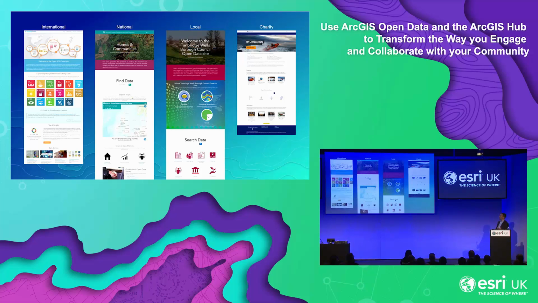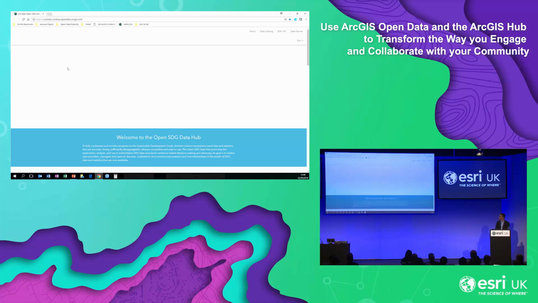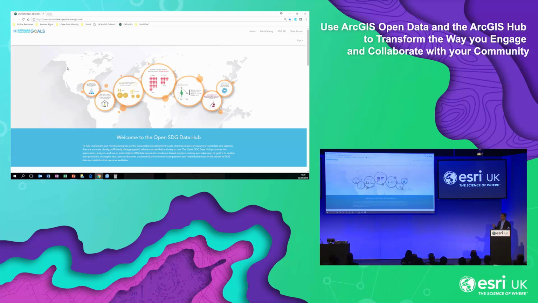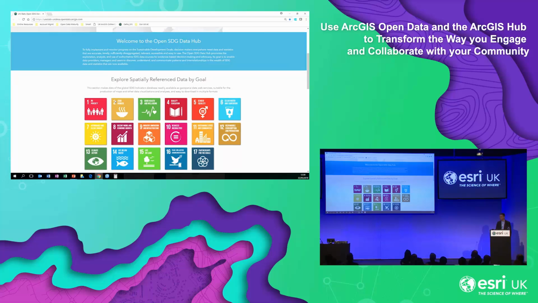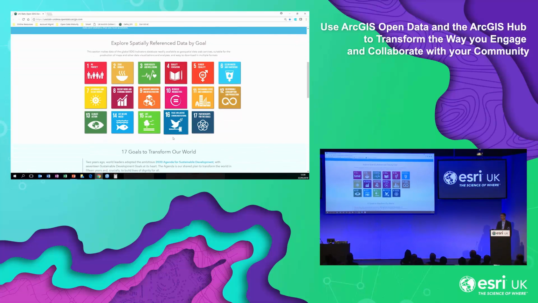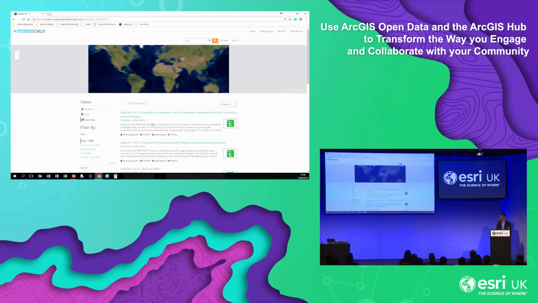So if we look at the United Nations Sustainable Development Site, this site aims to support the 193 nations that have signed up to the 17 societal and economic development goals by 2030, and the aim of this site is to support them in doing so and report against those 17 themes. So if we look at life on land, which is about protecting and restoring and promoting sustainable use